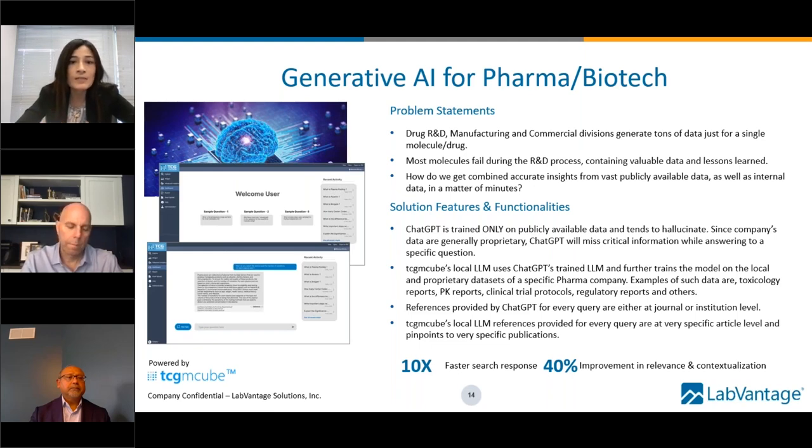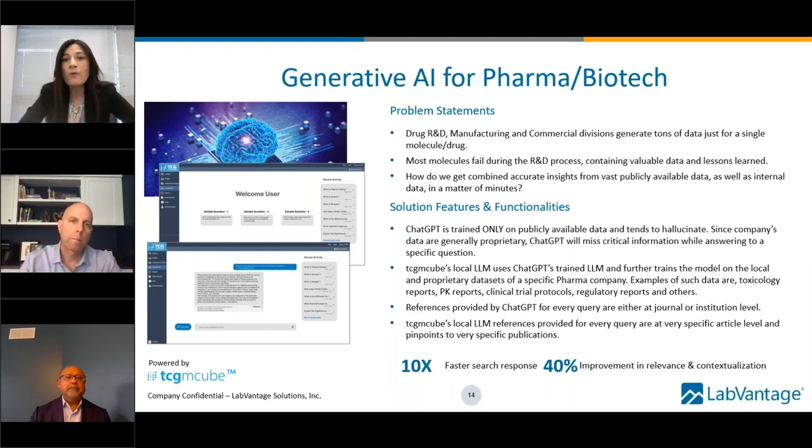Since the company's data is generally proprietary, ChatGPT will miss critical information while answering a specific question posed by our scientists. So tcgmcube's local large language model uses ChatGPT's trained large language model and further trains the model on the local and proprietary data sets of a specific company.